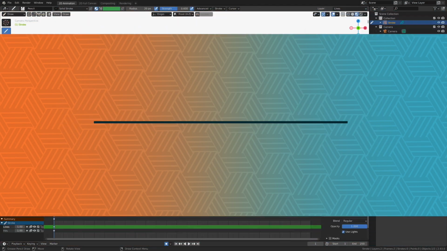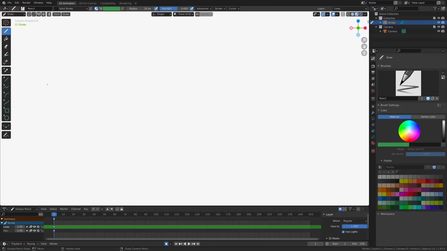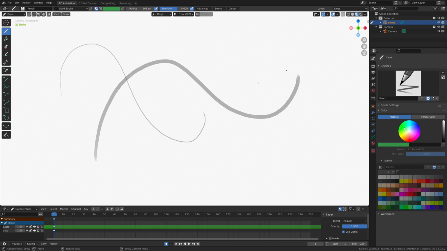One of the things that I really enjoy about working inside of Blender is that our tools can change to include a whole series of presets. Let me show you what I'm talking about specifically when it comes to the pencil brush in our draw series of tools here. So of course this is the result that we get. Let me make my radius a little bit bigger so you guys can see it. There it is. This is the good old pencil brush.